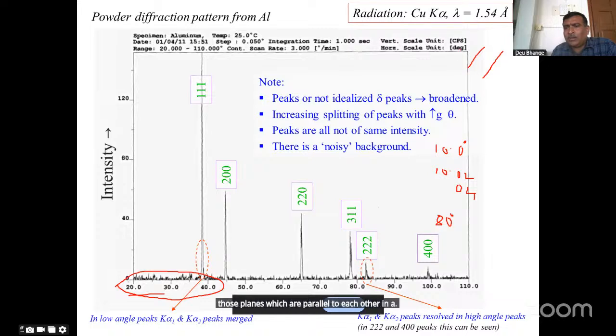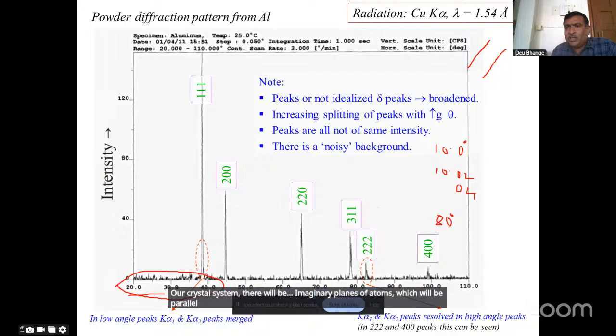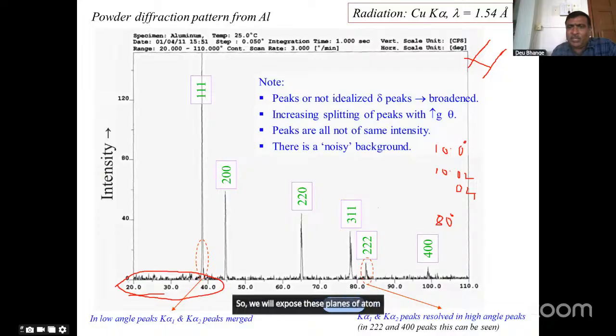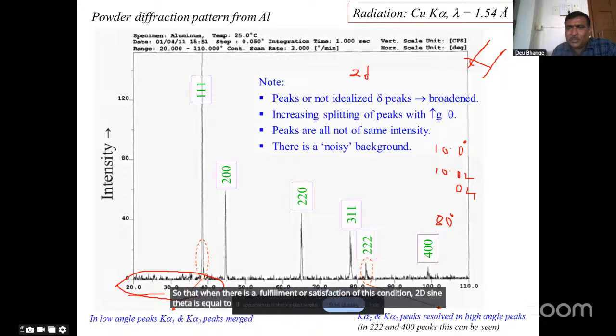In our crystal system, there will be imaginary planes of atoms which will be parallel to each other. So we will expose these planes of atoms to the incoming X-ray beam by changing the angle of orientation. This theta we are changing in terms of 2 theta value, so that when there is a fulfillment or satisfaction of this condition, 2d sin theta is equal to n lambda, you can see that d is